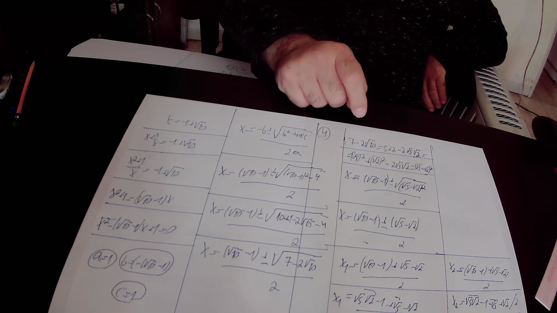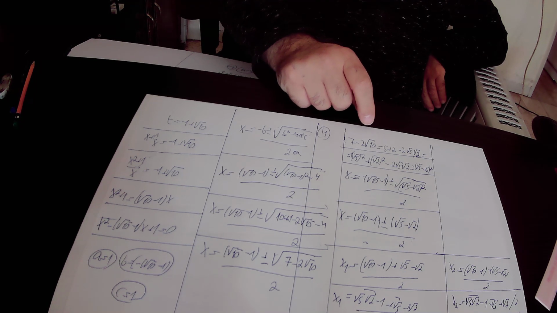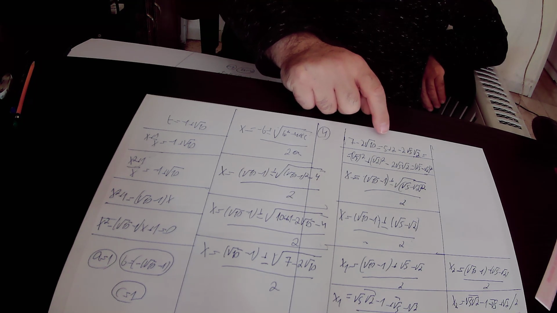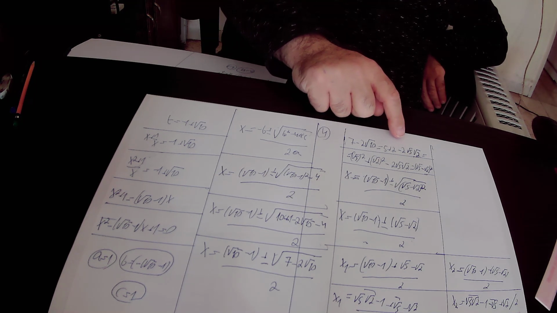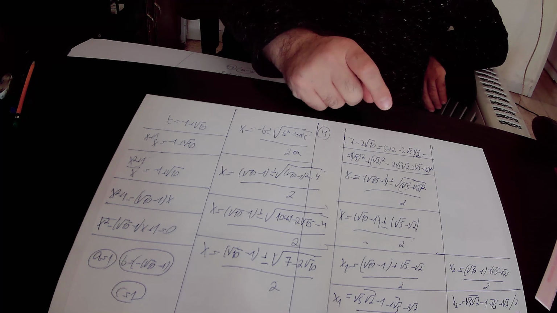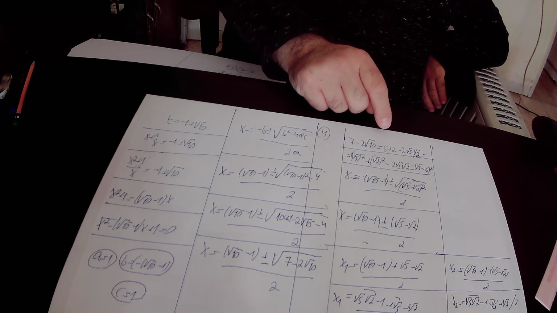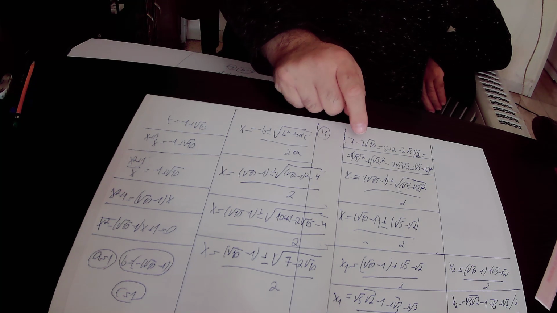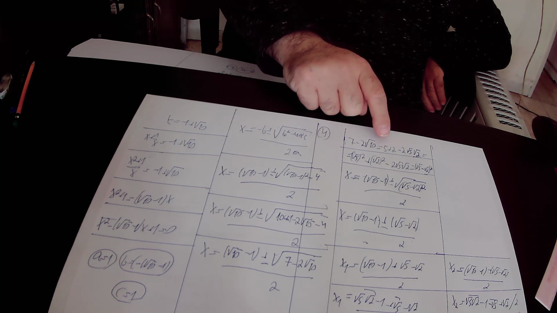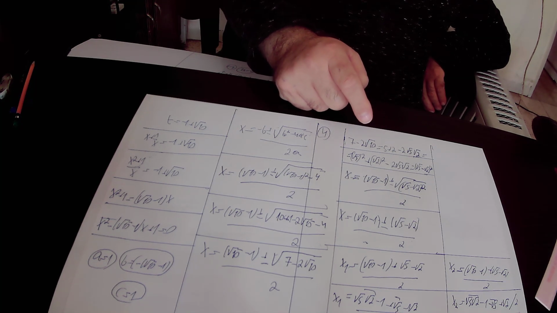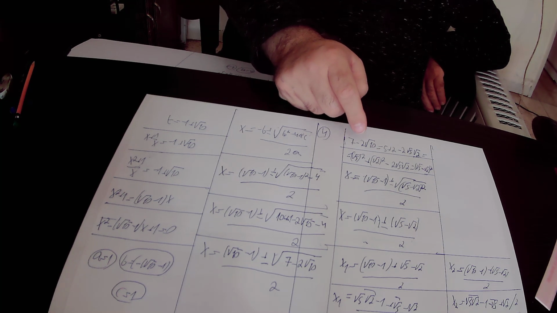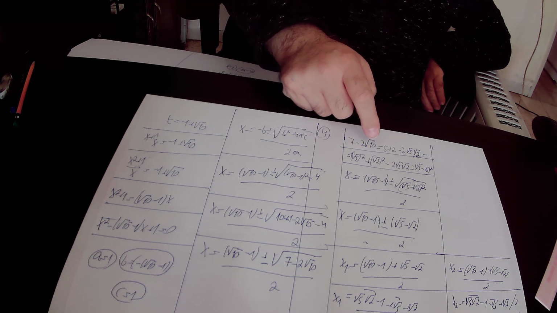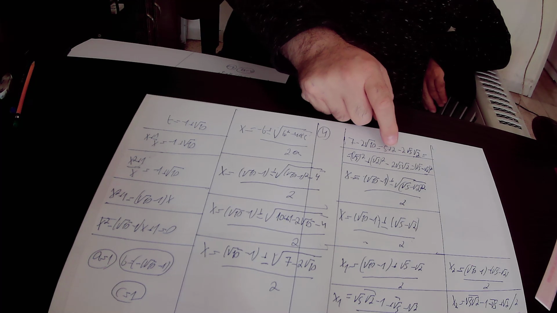So, in conclusion, we found out that 7 minus 2 times square root of 10 equals 5 plus 2 minus 2 times square root of 5 times square root of 2. Here we substituted 5 by square root of 5 squared, and we substituted 2 by square root of 2 squared. And then in conclusion, we found out that square root of 5 squared plus square root of 2 squared minus 2 times square root of 5 times square root of 2 equals